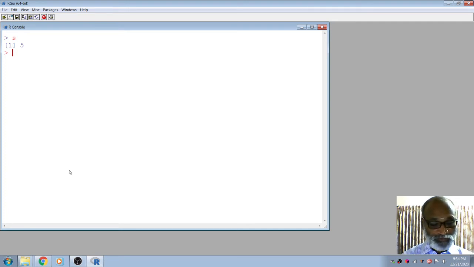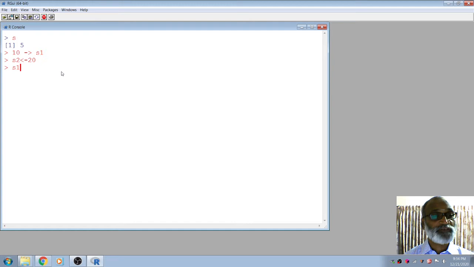Suppose you want to assign 10 to some other variable, this assignment is also valid. The 10 is assigned to s1 like that. s2 equal to 20. So this is the assignment, right? The data point on the right hand side is stored in the variable s1, and likewise in s2.